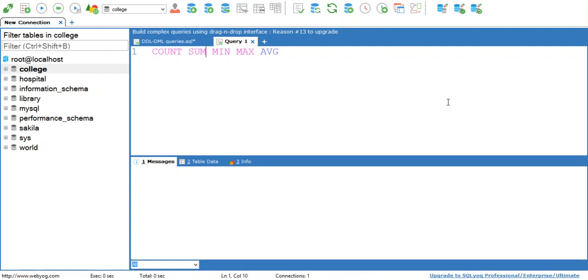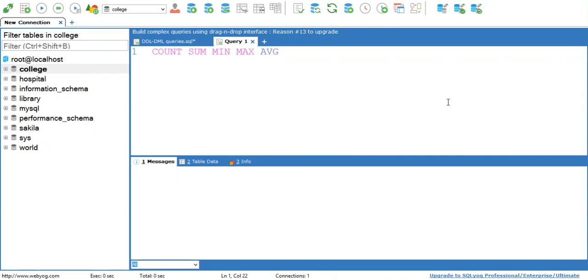Sum function is used to perform summation of input values. Min function is used to find out the minimum value from the set of input values. Max function is used to find out the maximum value from the set of input values. And average function is used to find out the average of input values.